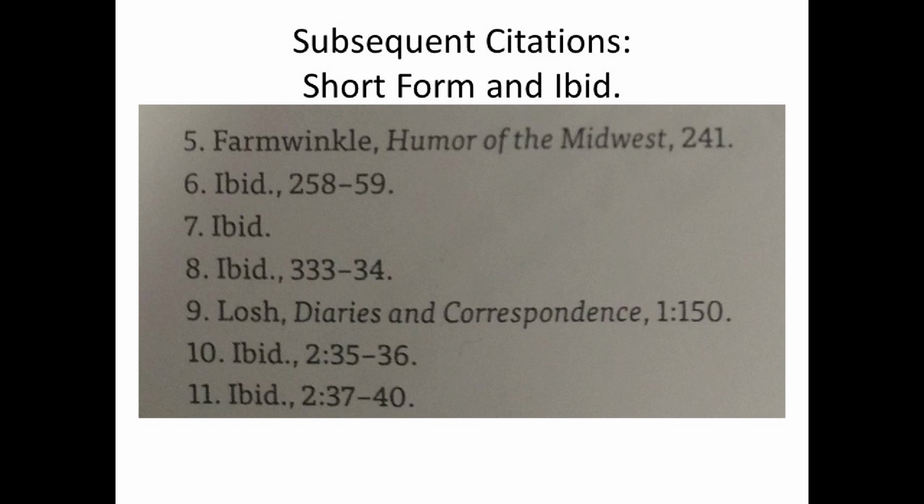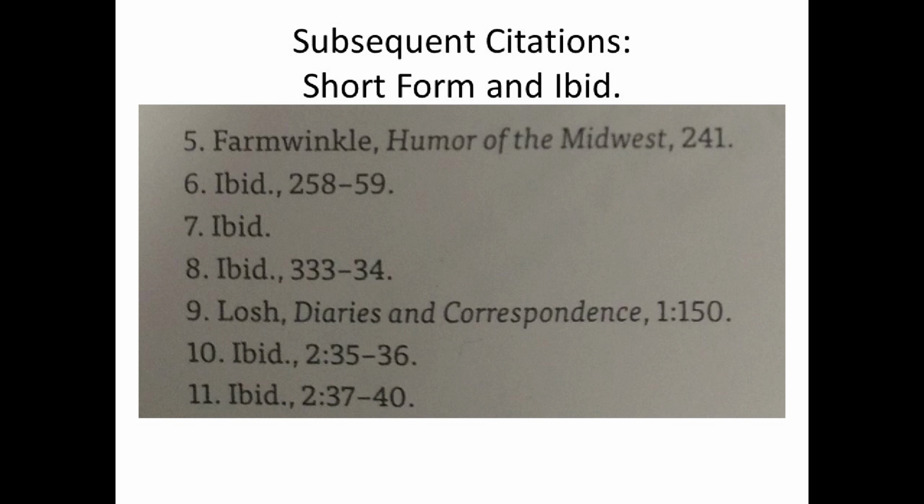But number 7 ibid, that refers to number 6. So it refers to Farmwinkle, but this time pages 258 to 59. Then in number 8, we're referring to a different page range for Farmwinkle, pages 333 to 34. Now in footnote 9, we move to someone else, Losh. We'll say perhaps footnote 3 was the first reference to Losh, so once again we have a short form here, that's fine. Notice though, there's this kind of odd thing, it says